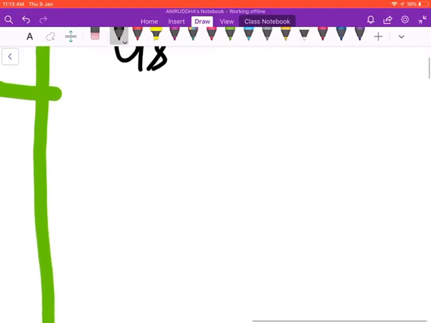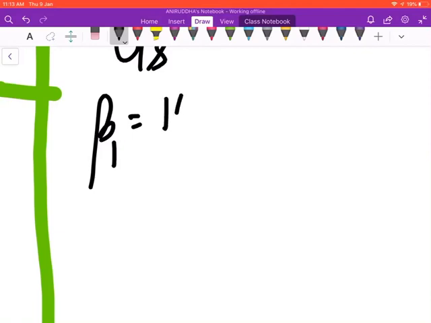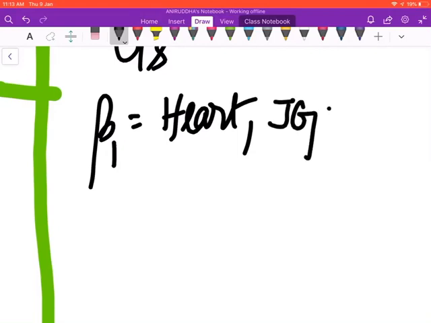They are primarily of three types: beta 1, beta 2 and beta 3. Beta 1 are found in the heart, and we have all learned in physiology what's their function. They increase the contraction, conduction and the heart rate, inotropic, chronotropic, these effects. Then they are found in the JG cells, juxtaglomerular cells of the kidney, where they stimulate renin